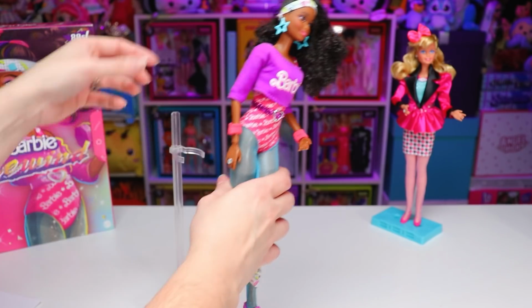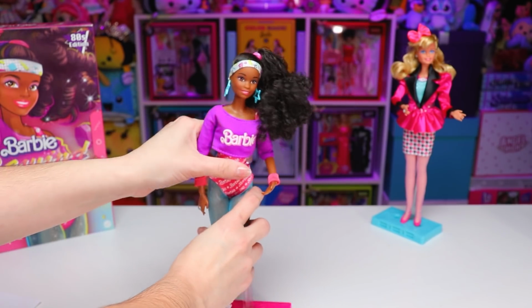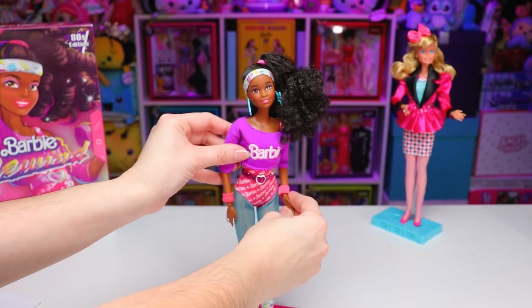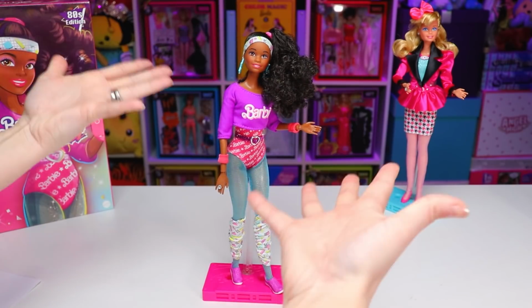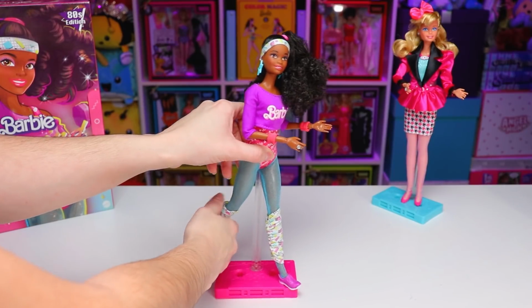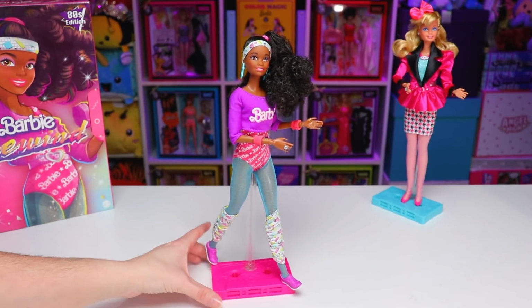As for articulation, this working out doll has the exact same amount of movement and lack of posability that our career Barbie had, which is unfortunate considering she's literally supposed to be partaking in physical activity. Once again, this works really well with the 80s retro look, but it would have been great to actually pose her more than just that with the accessories she comes with. Speaking of which,